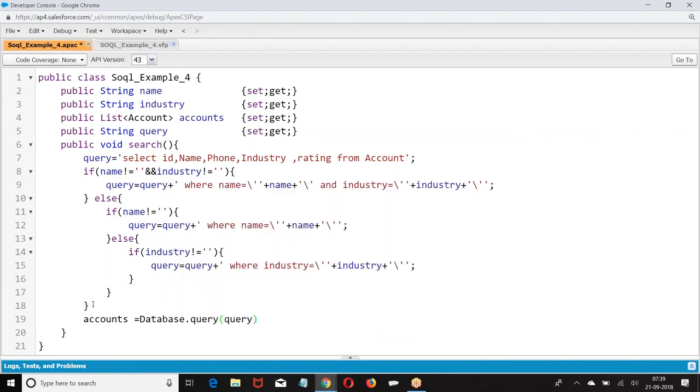Database.query, accounts equal to database.query(query).